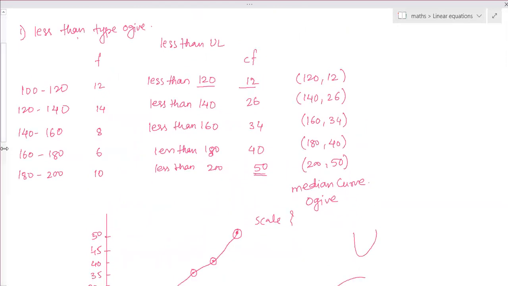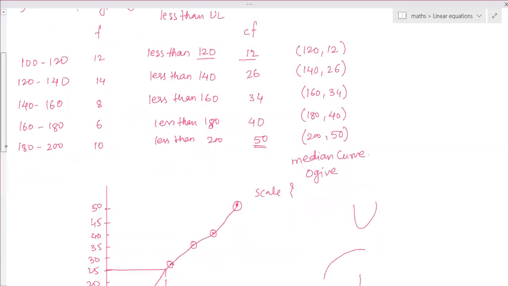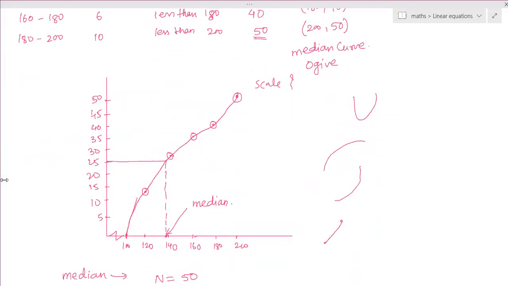Ma'am, in the graph paper, when you connect the 25 and the perpendicular, I am getting 140 as the median. Then very good, that means I was very right. An approximate value, 1 or 2 decimals off, is okay. Here and there, if it happens, it doesn't matter, because it is a personal error. So it's 140. It's okay, no, ma'am? Yeah, fine.